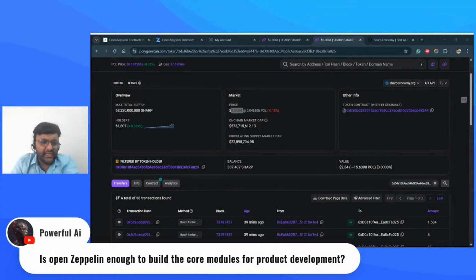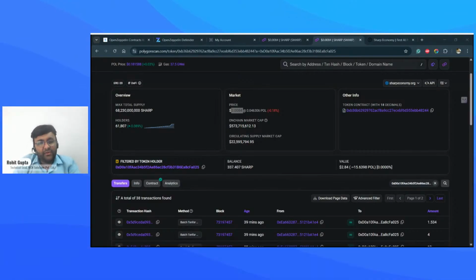Is OpenZeppelin enough to build the core modules for product development? See, OpenZeppelin is completely a framework for the blockchain part, Web3. If you want the front end, you will need database integration, and OpenZeppelin is not a solution for that.